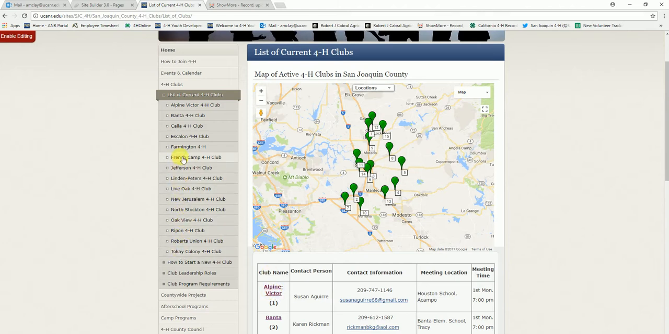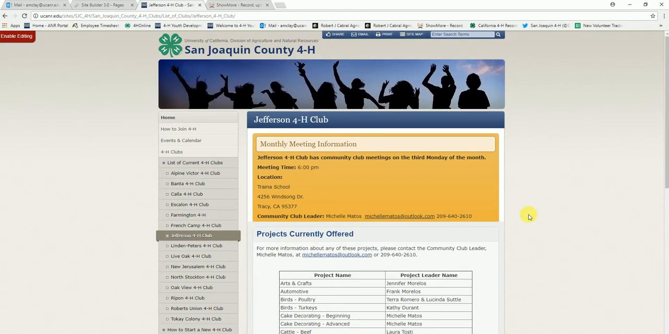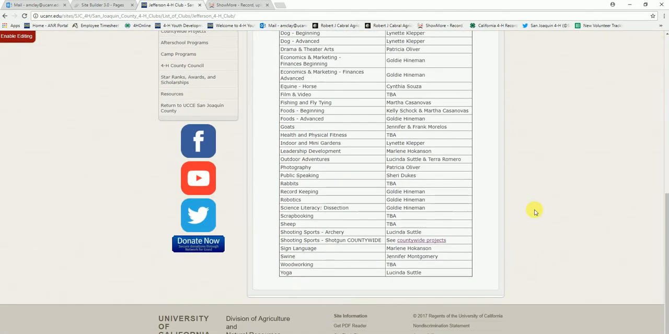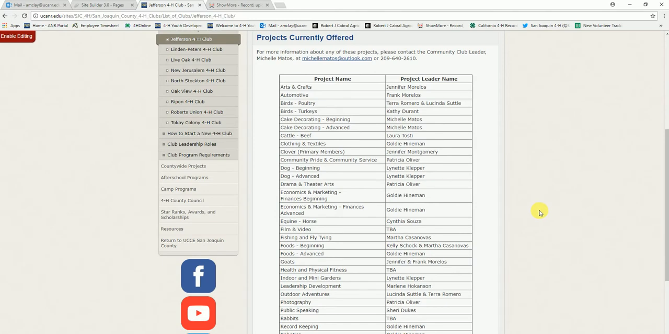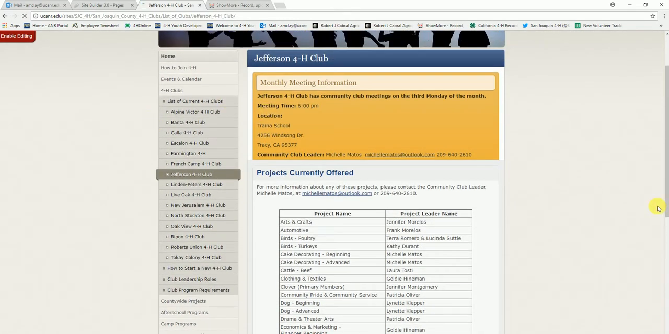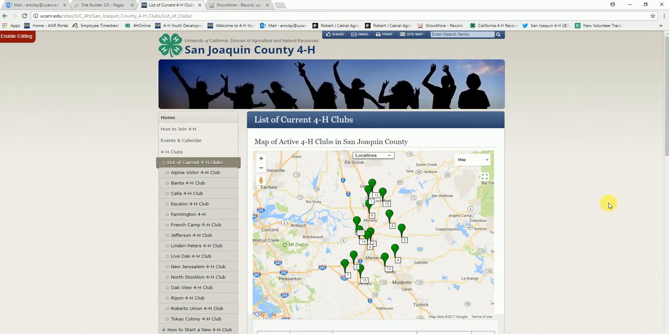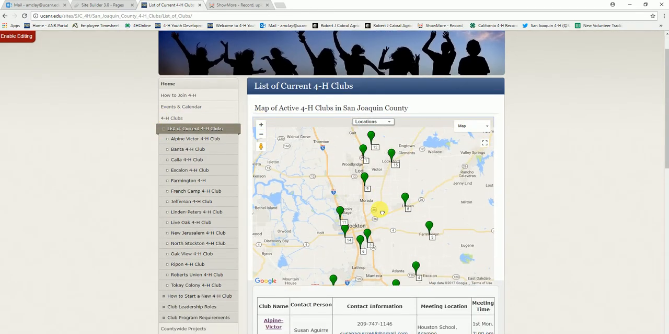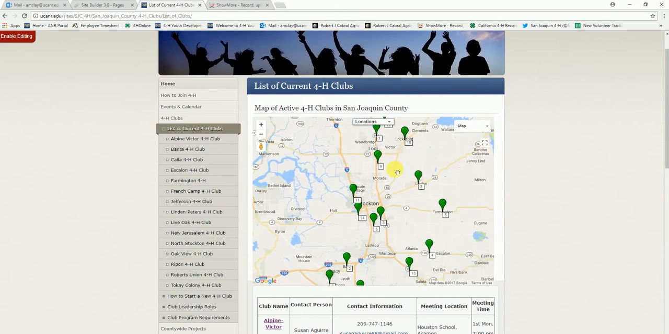So, for example, if they clicked on Jefferson 4-H, it would take them to a page just about that club with their meeting information again, and then what kind of projects they offer, so that they can get a feel for whether this is a club they want to join. Okay, but getting back to the map, if you scroll in a little bit, you can see where they're located